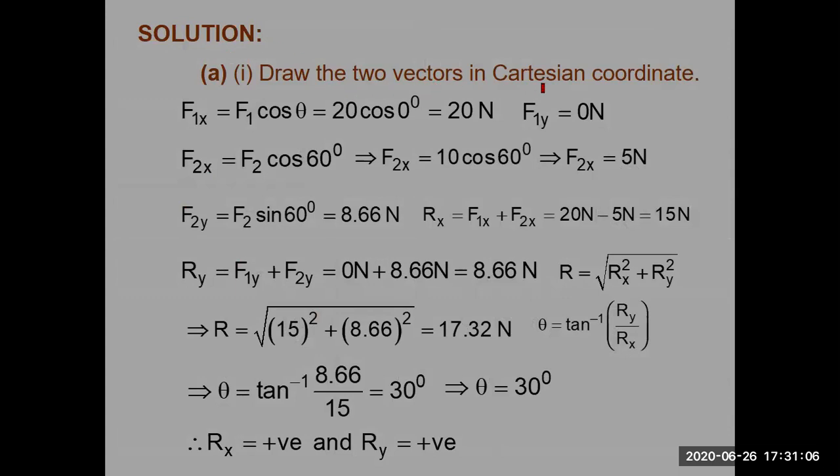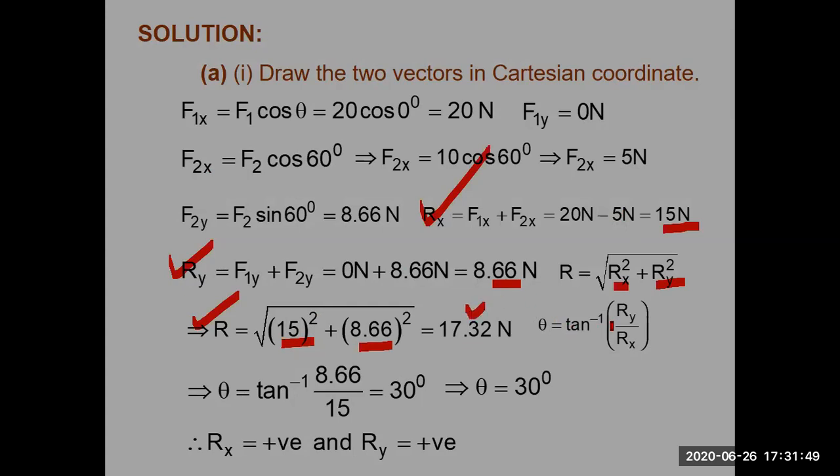There are two vectors in Cartesian coordinates. Here F1x, F2x, and F1y and F2y. You will put the values, the values are given, then you will calculate Ry, and then you will calculate Rx by putting the values, using the techniques which I have already discussed. So you will be calculating two components, that is Ry and Rx. You will put the values to find the resultant in case of Rx and Ry, which you have added with the help of the rectangular coordinates. And finally, you will be getting the resultant. It is Rx square plus Ry square. This is the value of the resultant vector.